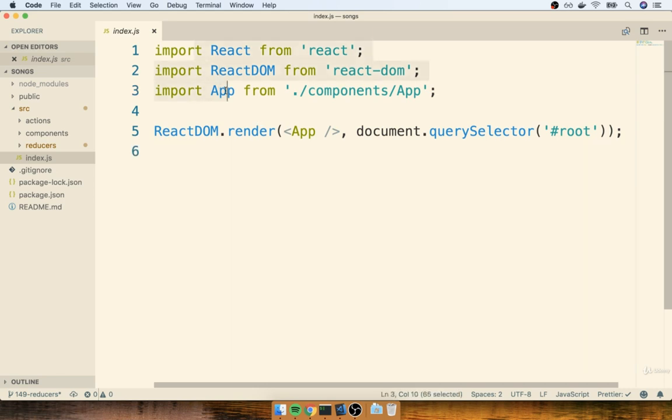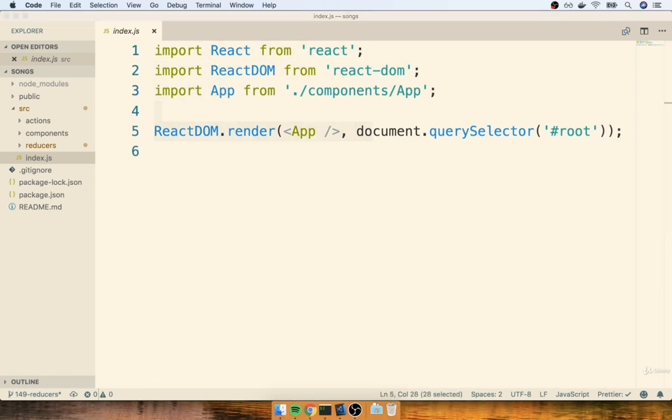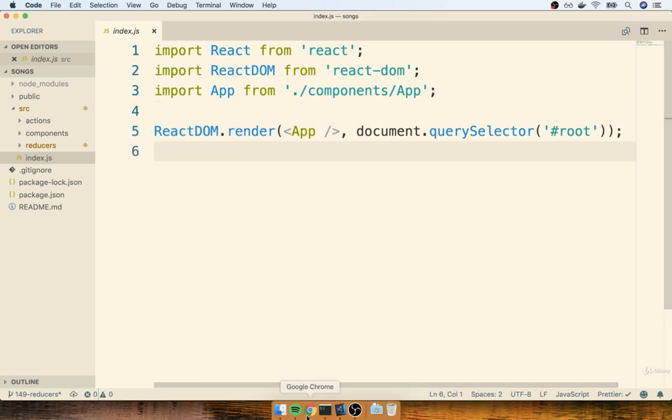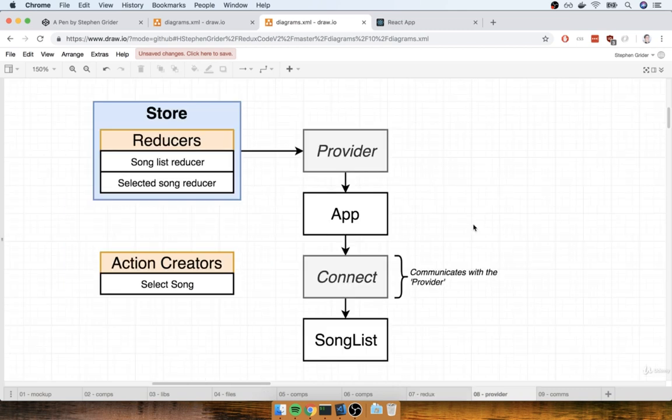Remember, this is the one where we had imported the App component and then tried to show it on the screen. So we're now going to add a little bit more configuration to this thing than what's currently in here. Our goal is to make sure that we get that Provider tag at the very top of our component hierarchy. And we need to make sure that we also pass it a reference to our Redux store that gets all of our reducers loaded up into it.